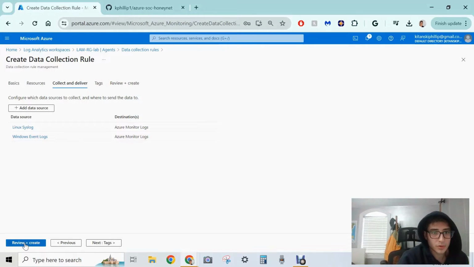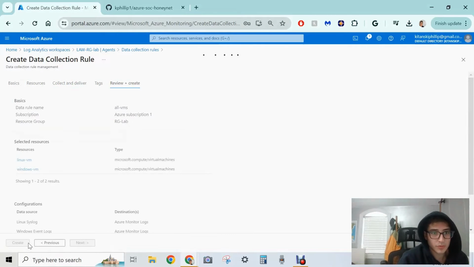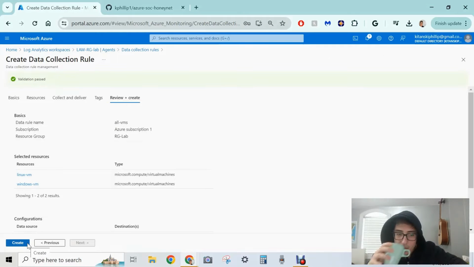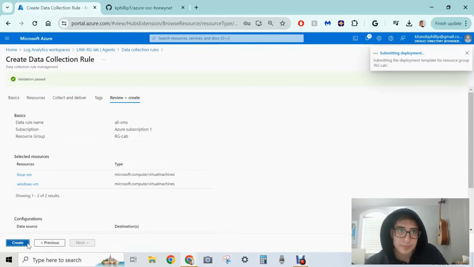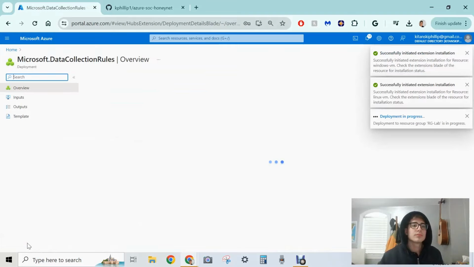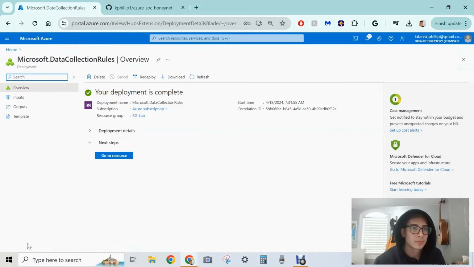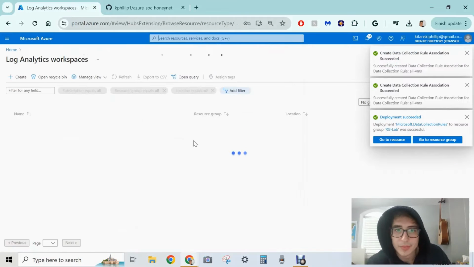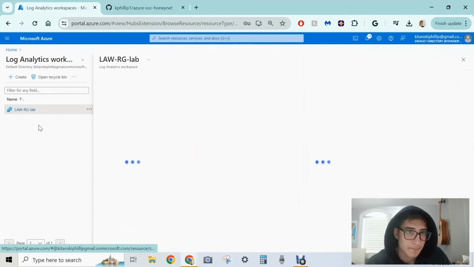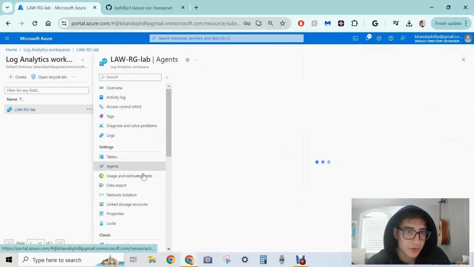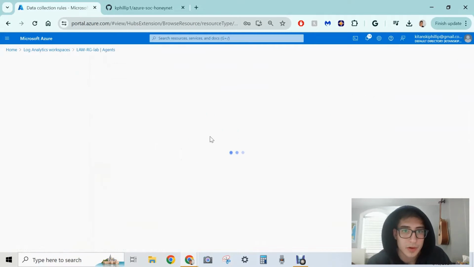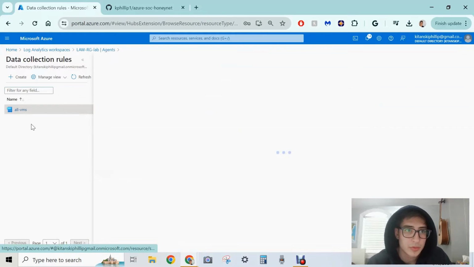Okay, so we go ahead and review and create this. All right, and we'll jump back to log analytics workspaces. Go to agents, data collection rules, all VMs,